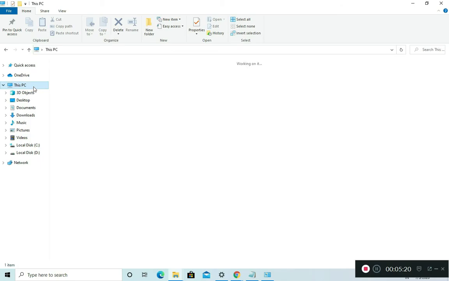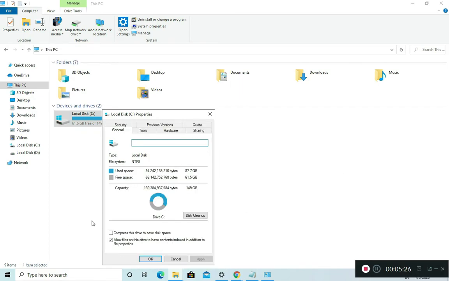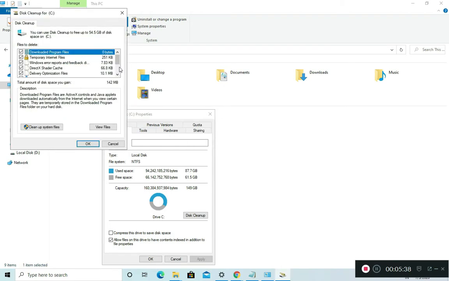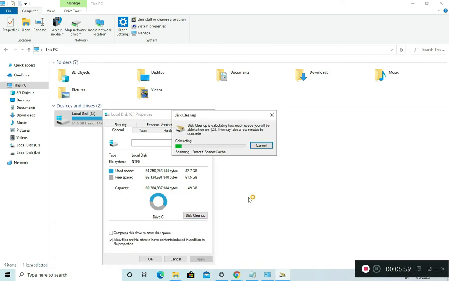So now you have to go to This PC and disk cleanup because it's very important. Click on local disk and properties and head on to disk cleanup, because it will give you enormous space and it will optimize your gaming performance also. Clean that one and click on whatever you want. I am going to tick all the things except downloads. Click on clean up system files, because it's a very important one in this procedure. Click on clean up system files and it will start removing. So make sure to remove all the files in the disk cleanup. It takes some time. Wait for it or do some other work.